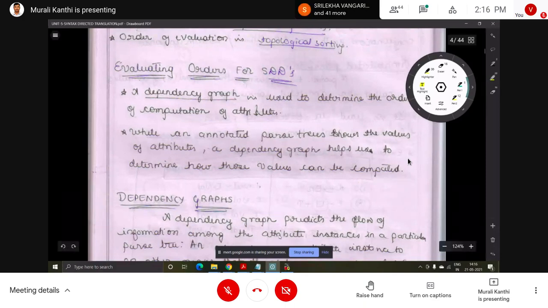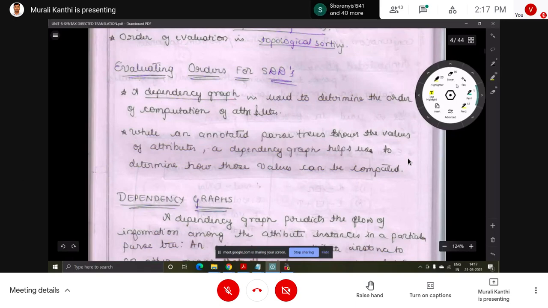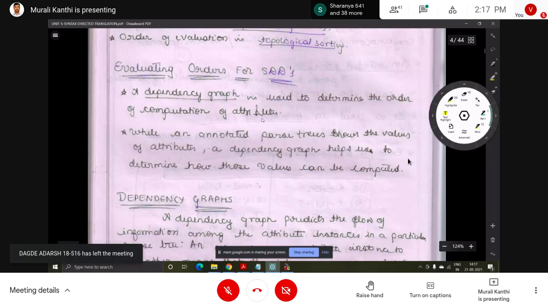Okay, next one is evaluation order for syntax directed definition. Here, the dependency graph is used to determine the order of computation of attributes. We will see what a dependency graph is.